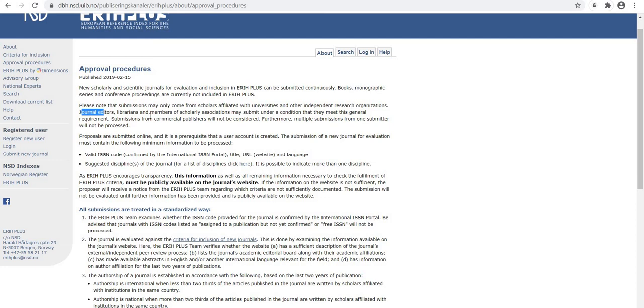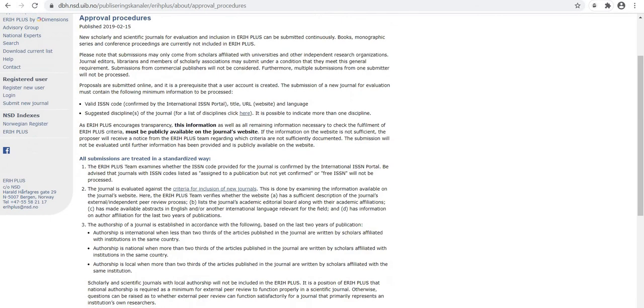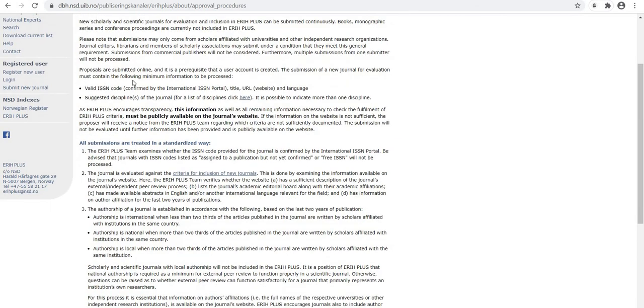Journal editors, librarians, and members of scholarly associations may submit on condition that they meet this requirement. Submissions from commercial publishers will not be considered. Furthermore, multiple submissions from one submitter will not be processed. A submitted journal must have a valid ISSN code, and the discipline should be suggested by the submitter.